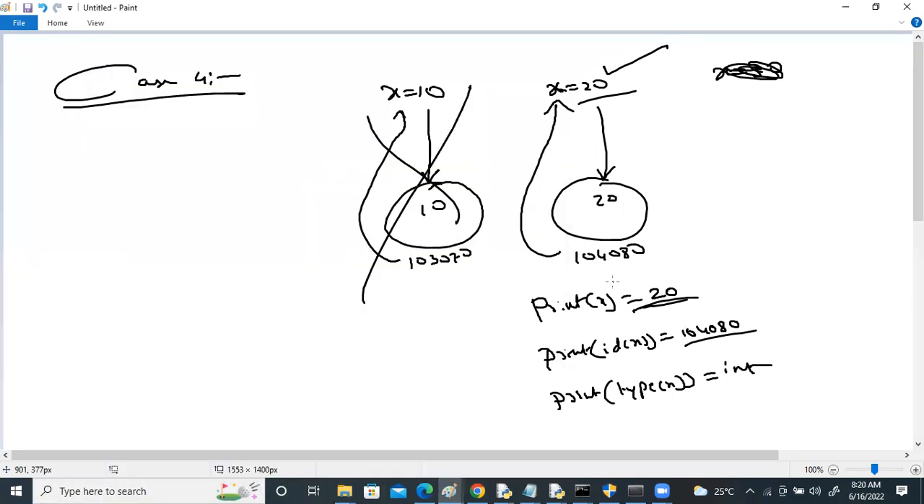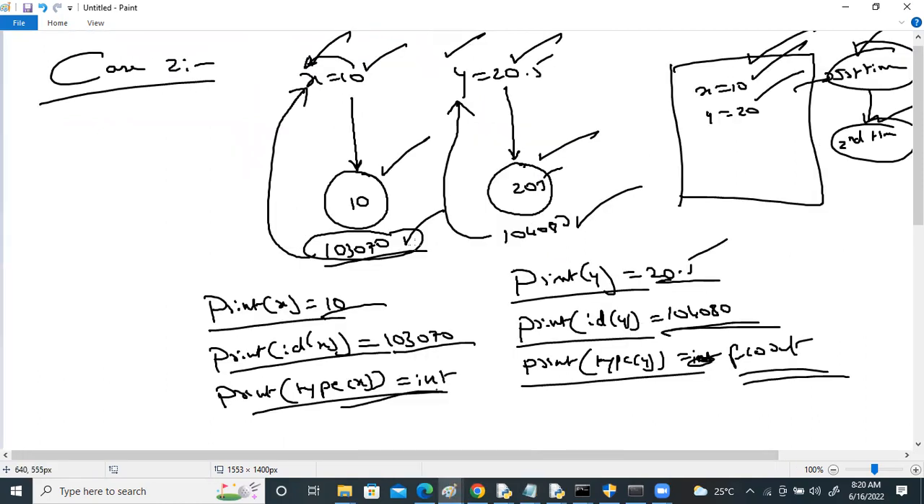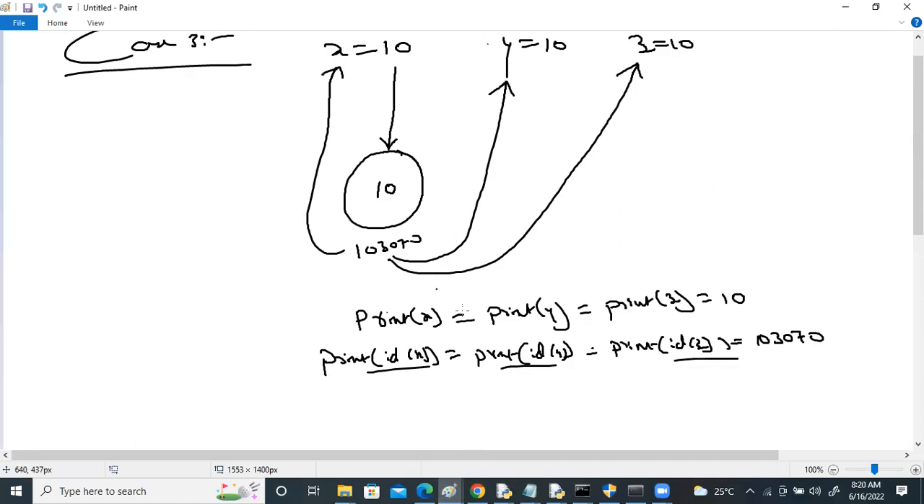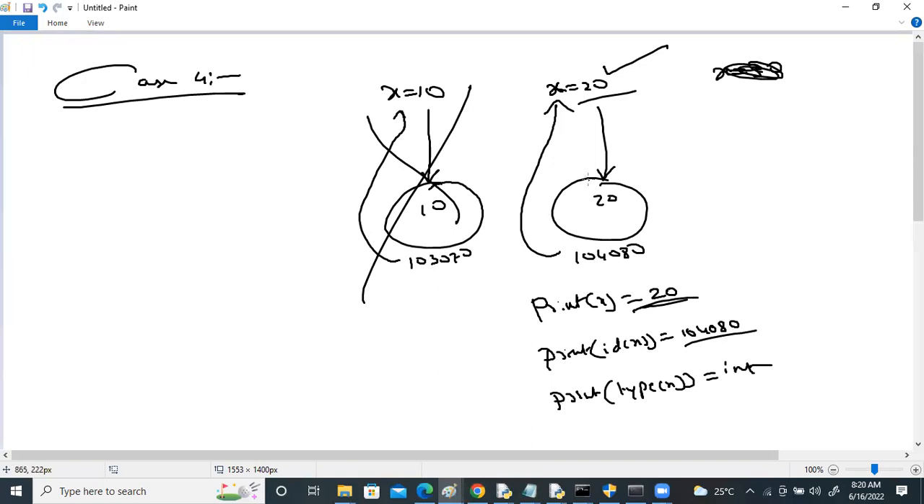So I'll just show you all these 4 cases practically now. Understood all these 4 cases, right? Case 1, defining a single variable. Print x, and if you want to print the address, ID of x, type of x. Case 2, 2 different variables with 2 different values, 10, 20. 2 different objects with 2 different addresses. Case 3, same values, then only one object, only one address. Case 4, if you have x as 10, x as 20, only the latest value is considered, the previous one